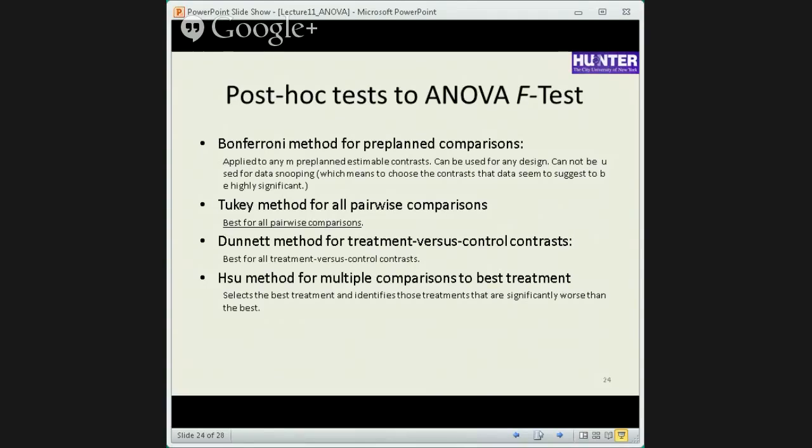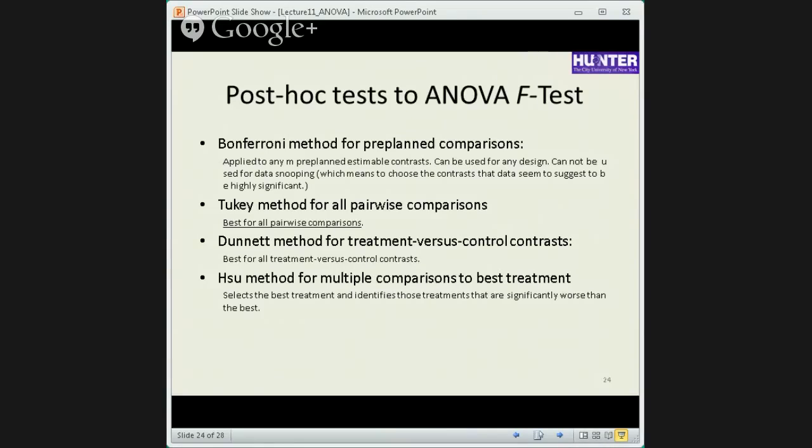You can use a Bonferroni correction in almost any situation, and it is very conservative. So if you use the Bonferroni test to correct for multiple comparisons, then you can be quite confident that any of the comparisons which are still under your alpha after doing that are significant. But you can have a higher type 2 error rate